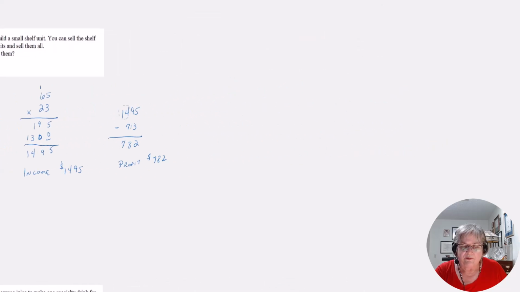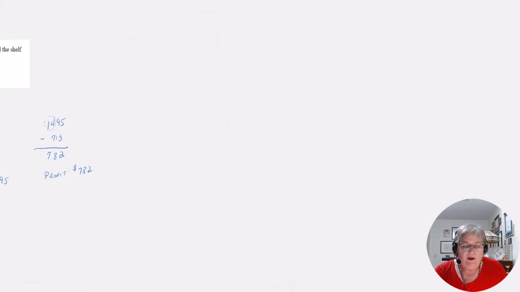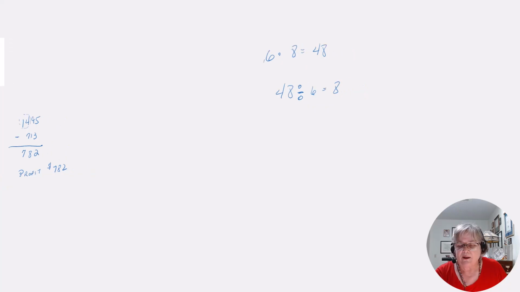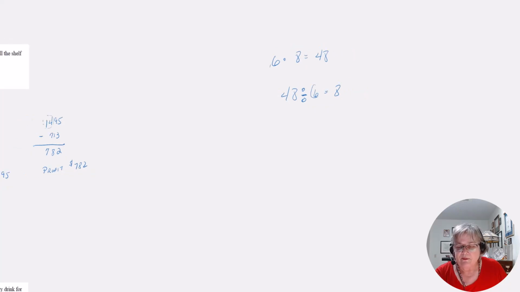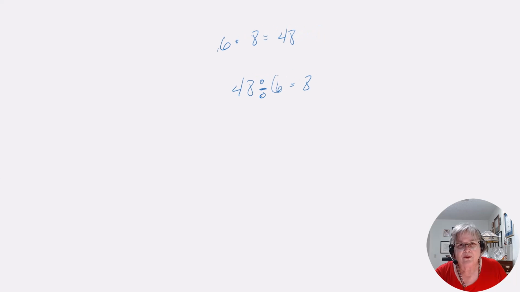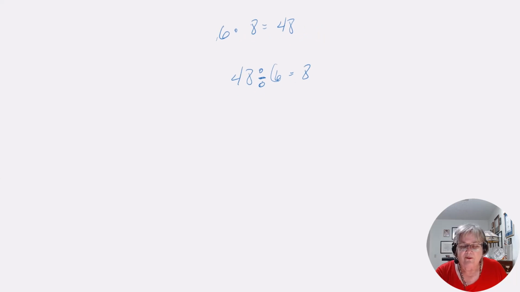So I'm going to go over here. Let's remember from your multiplication tables that if 6 times 8 is 48, then 48 divided by 6 would be 8, right? So dividing by a single digit number is really kind of a reversal of your multiplication facts. What if it had been 480 divided by 6? Then you would say 480